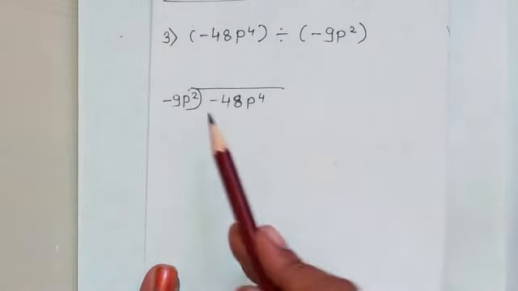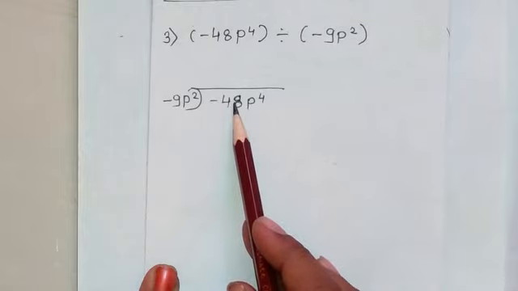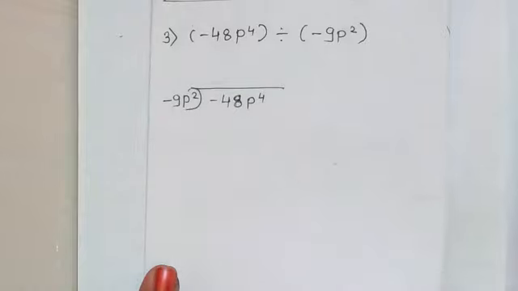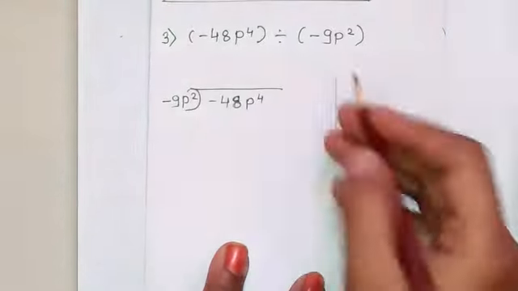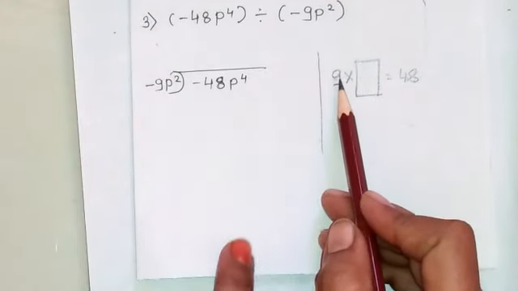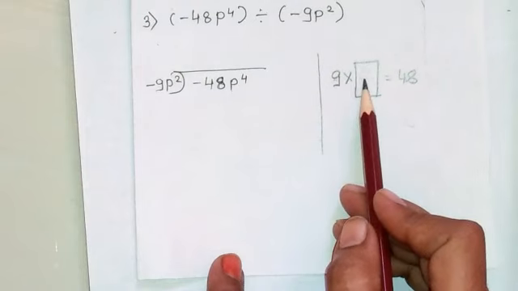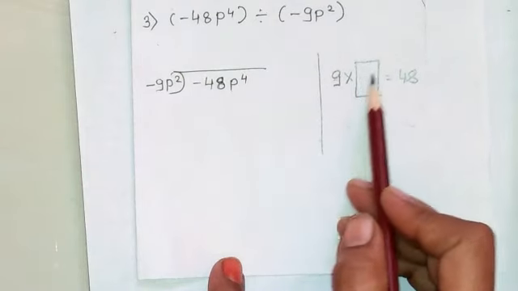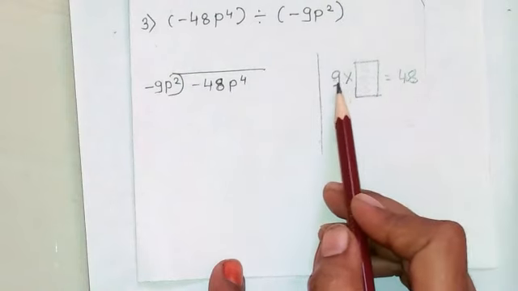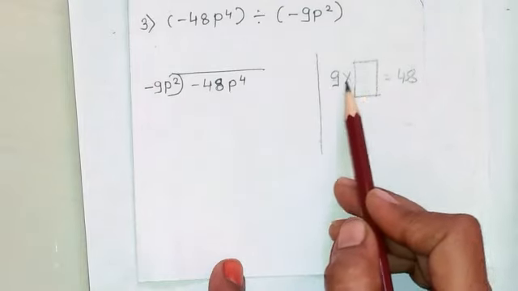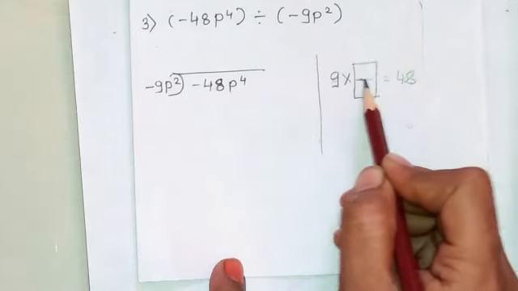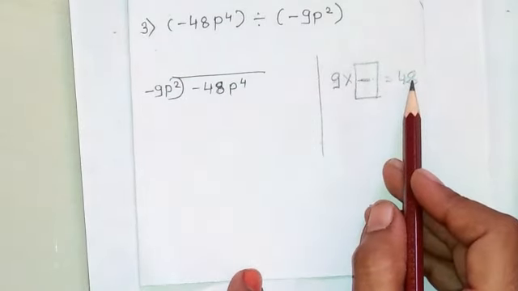Now students, if you observe very carefully, you can find that 48 will never come in the table of 9. It means that we have to do it in a different way. We have to multiply this 9 with a particular number which helps us get the answer 48, because 48 is not coming in the table of 9. So in this situation we have to take a fractional number which helps us get the answer 48.